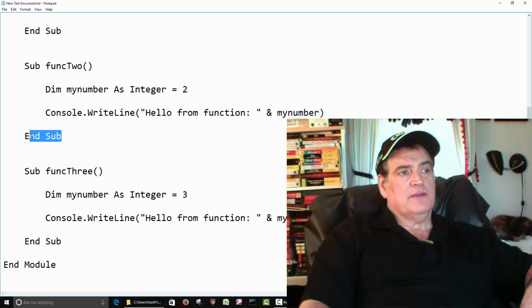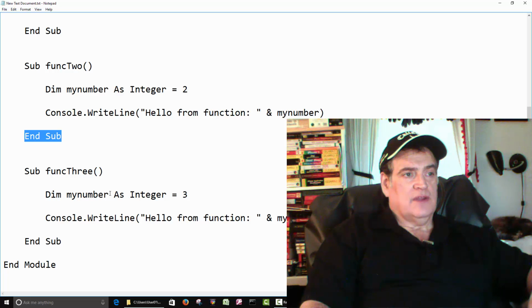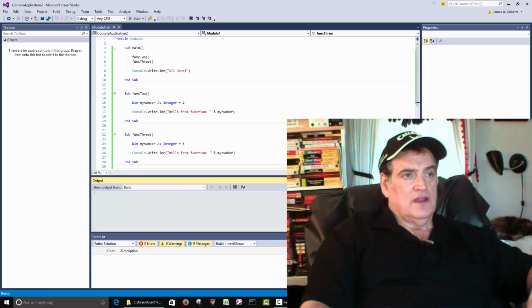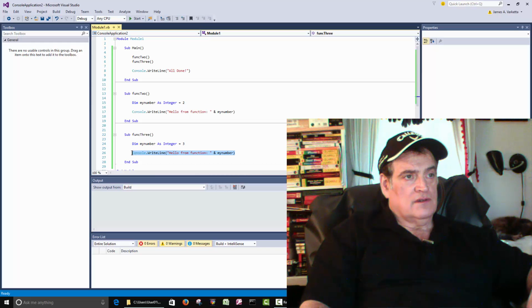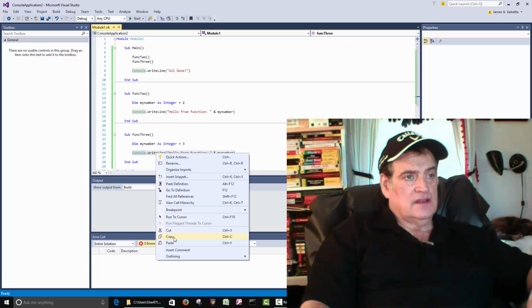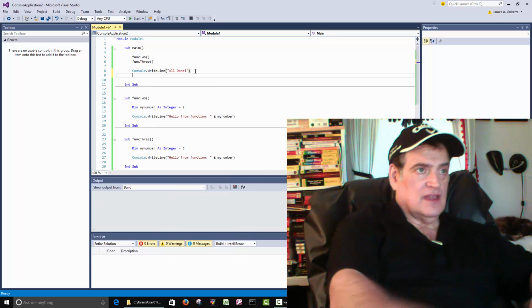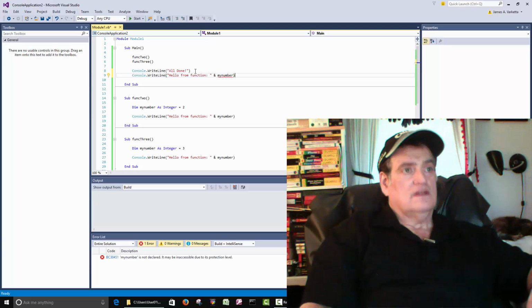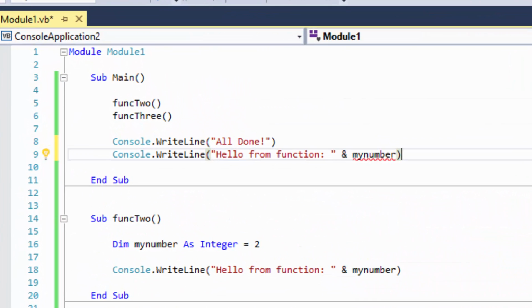As soon as we end the sub here, that integer goes away, and same here. As soon as we leave this function here, this number goes away. Here, let's try that. Let's try to write that integer from main. So if we compile this, you can see right here off the bat, it's saying,